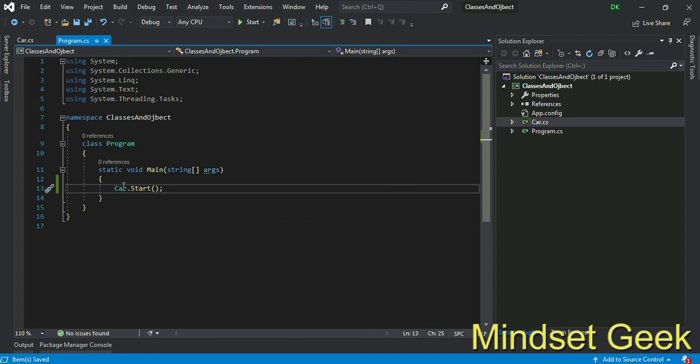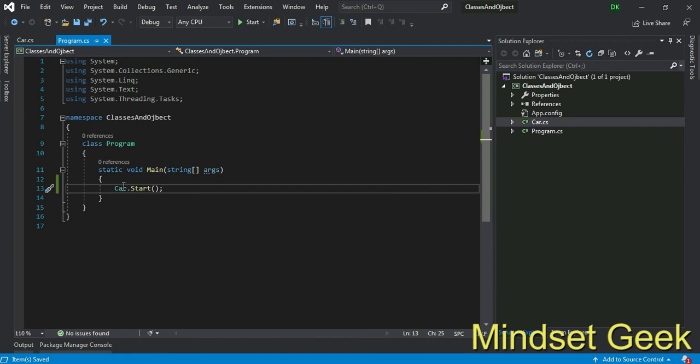Now you know what a class and object are in the real world. You know how to create a class and make an object. You know what static is and how to access static classes. Actually I explained this concept in previous lessons as well, so I explained it briefly. Get the idea behind what a class is, what an object is, how to create them, and how to access them.